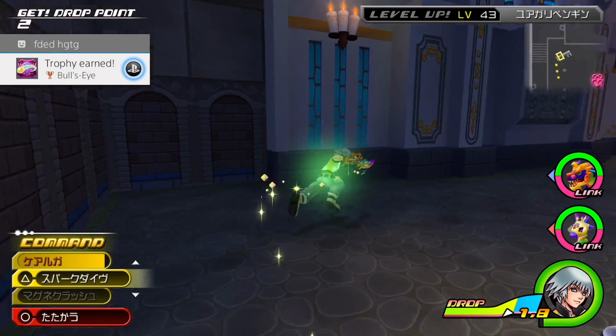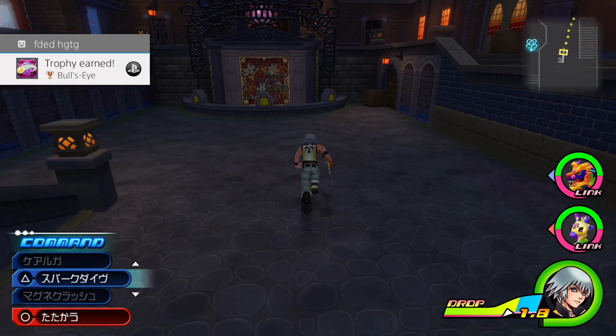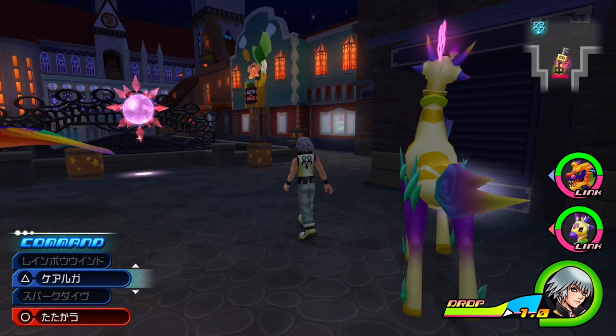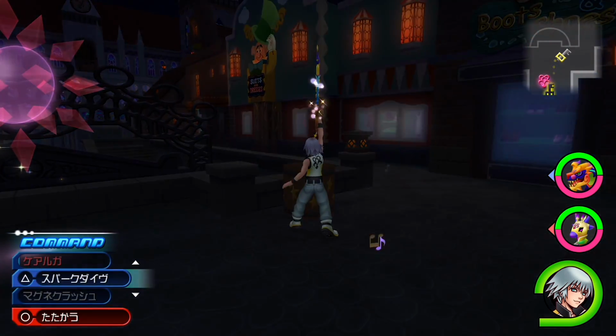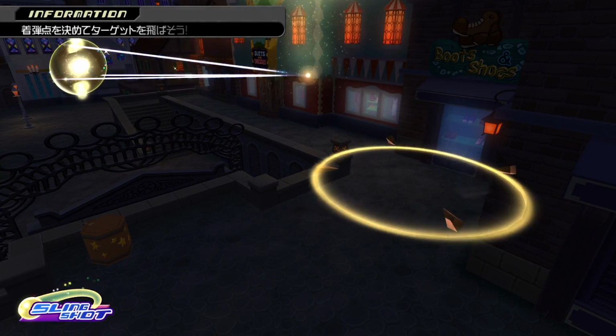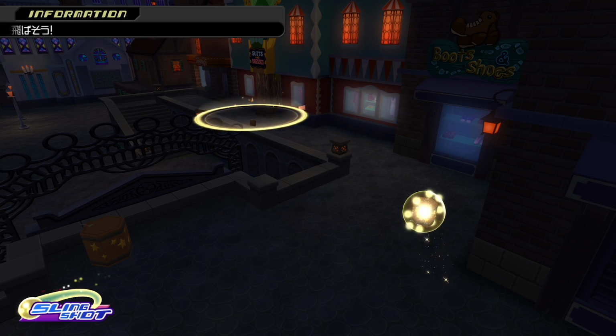Now, the way that you activate reality shifts on the PlayStation 4 version is obviously different to that of the 3DS version. On the 3DS, you would simply just swipe down on the touch screen to then activate a reality shift, whereas on the PlayStation 4 version, you simply just press triangle and circle together when prompted to, of course,